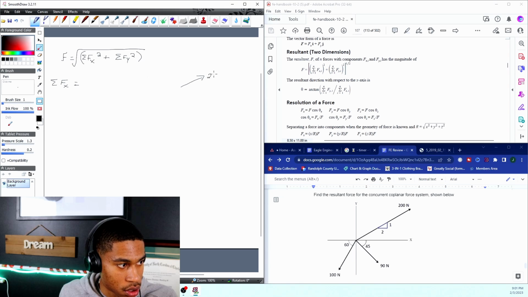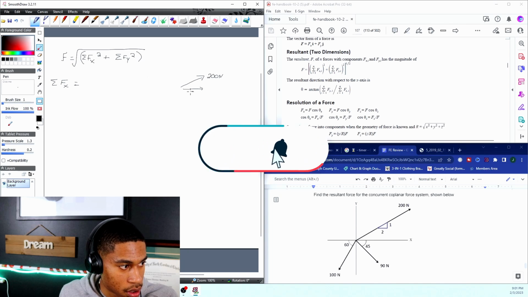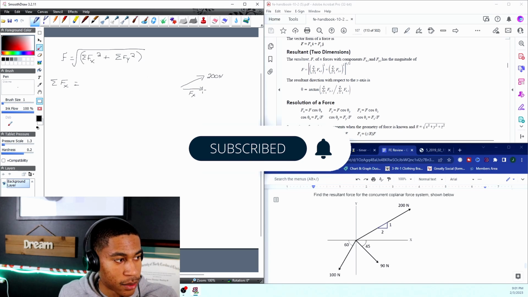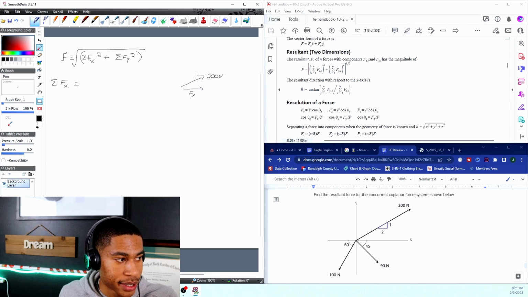It's 200 newtons. But we're looking for this force, right? This F of x. We're looking for that horizontal force that creates this 200 Newton total force, right? So to get that x value, it's going to be 200